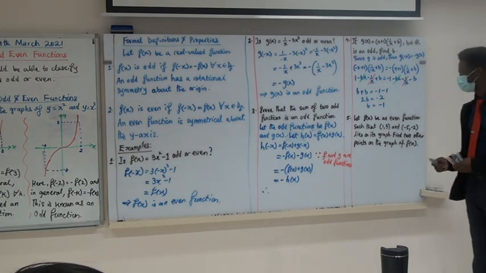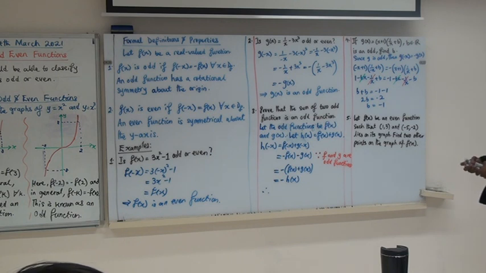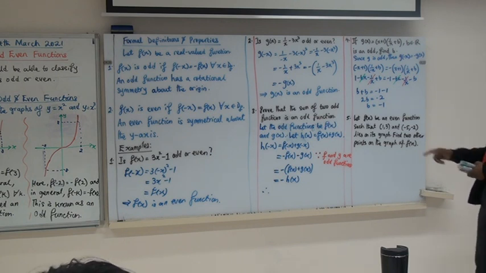The last part. Let f of x be an even function, such that these 2 points